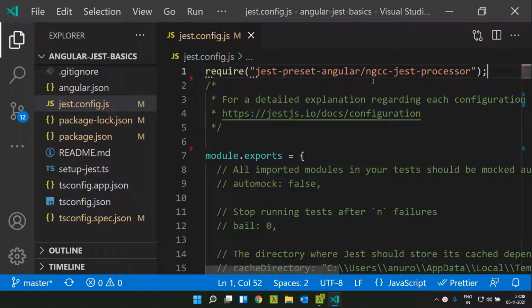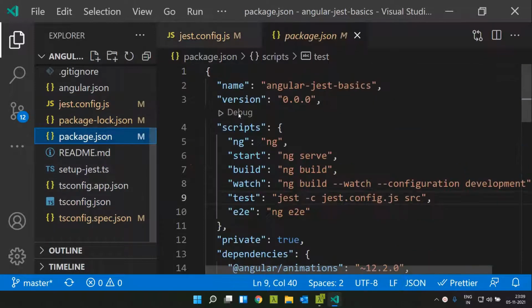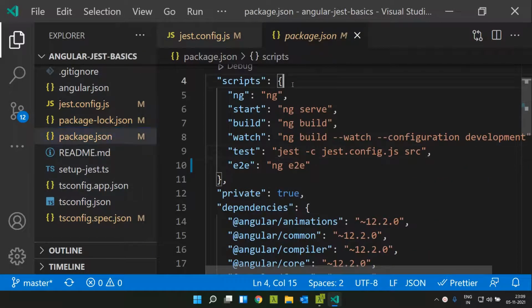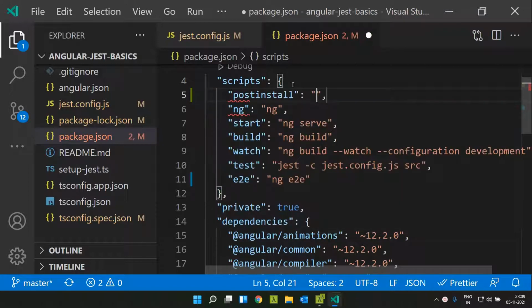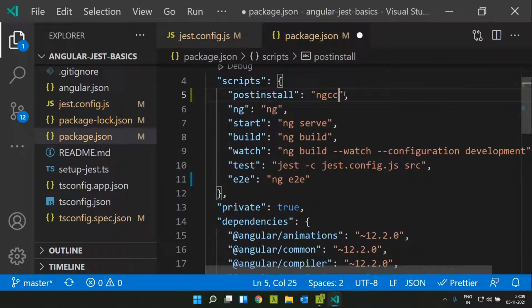It is always safe to add this, or another way you can do it is inside our package.json, we can add a postinstall, and there you can give the ngcc. This will be much more compact since it will compile only the packages which are used by the unit tests. If you put it here, it will be compiling all our packages from View Engine to Ivy.